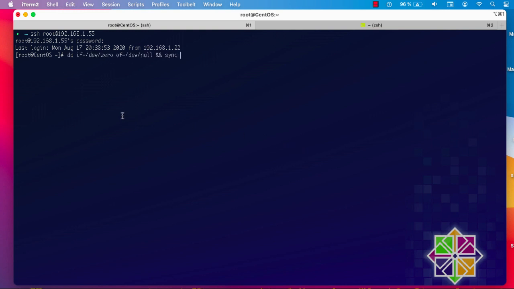So this is the command. As you can see here, dd if=. IF stands for input file. So here we'll be using /dev/zero, and for the output file, which is OF, we'll be using a null file. And of course the sync option, which will synchronize the input and output of our hard drive. And all you have to do is just to run this command and hit the